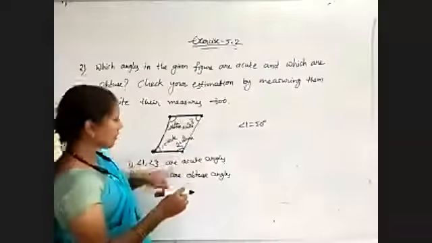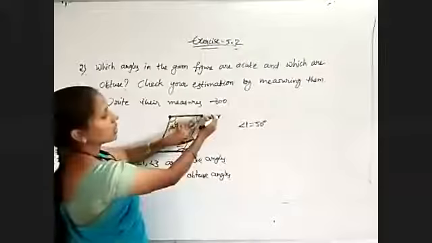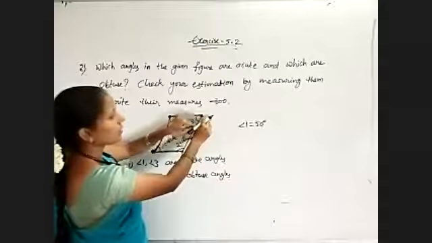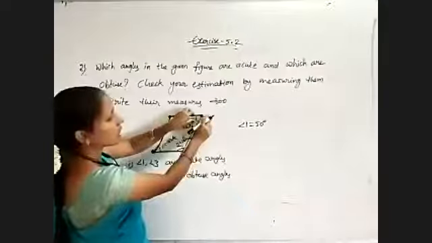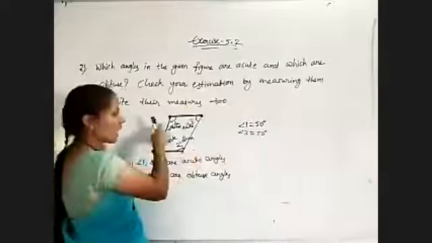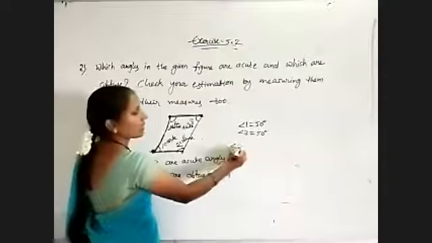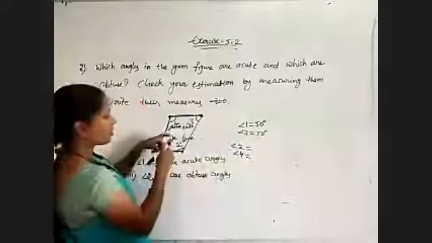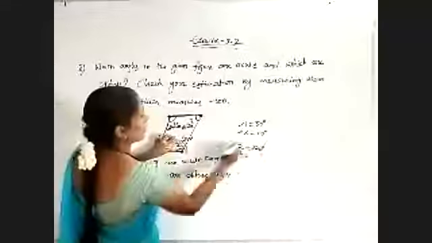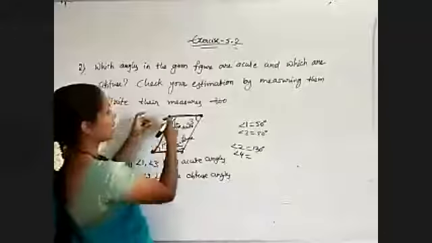Now observe angle 3, because I am telling angle 3 also is acute angle. Set the protractor downwards like this. So again I am getting 50 degrees only at angle 3 also. So angle 3 equal to 50 degrees. Okay. And obtuse angles. So here you will get angle 2 and angle 4 also obtuse angles. For 2, check like this. Then I got 130 degrees. And here I will get